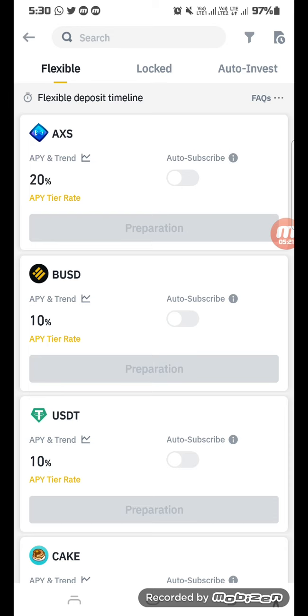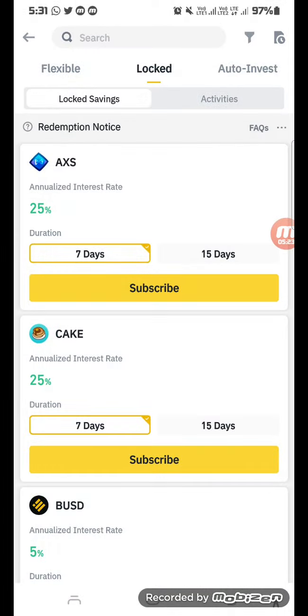It's a very simple method. Just try, because it's also a passive income. If you are keeping it in a savings account, you will be getting passive income every 30 days or 90 days. It will be very worth it. Binance is giving the best platform to earn like this through a savings account.